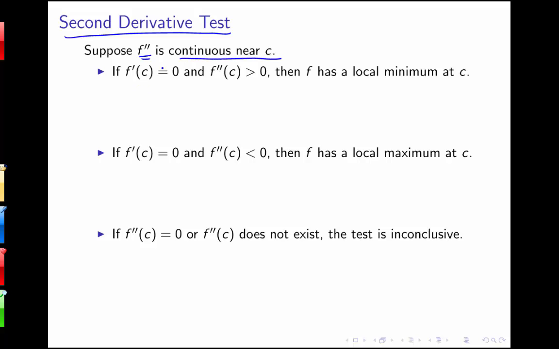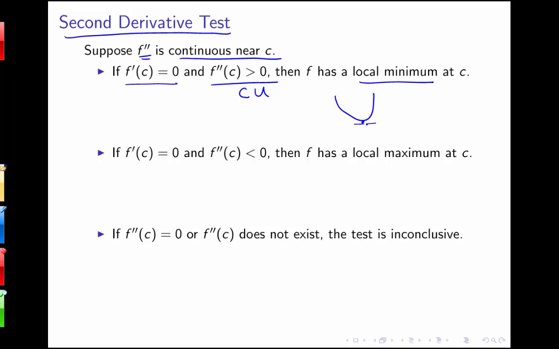If we have a critical point where f prime of C is 0 and the second derivative at C is positive, then f has to have a local min at C. So the idea here is that there's a horizontal tangent line at C. That's what we get from f prime of C equals 0. And we know that the second derivative at C is greater than 0. That means we're looking at our graph being concave up near C. So that means we have a picture of something like this,